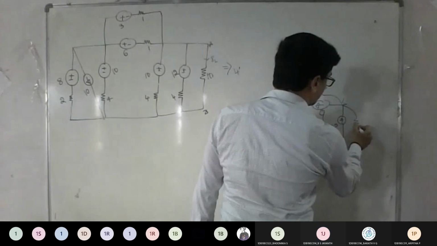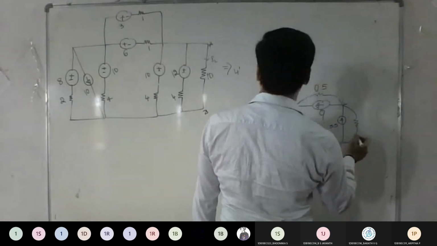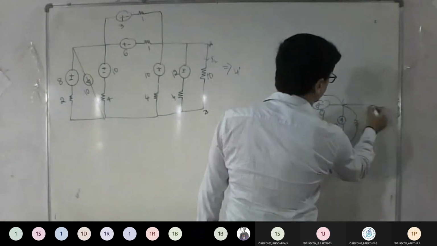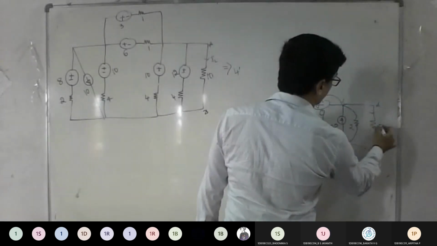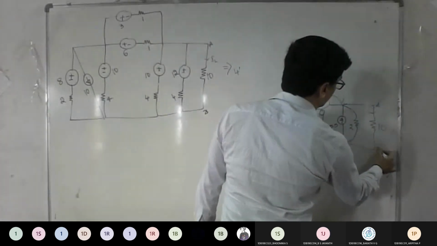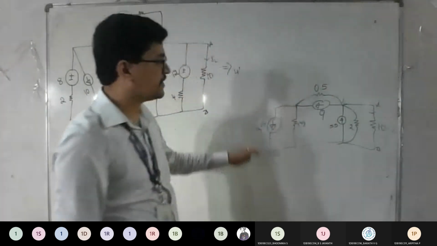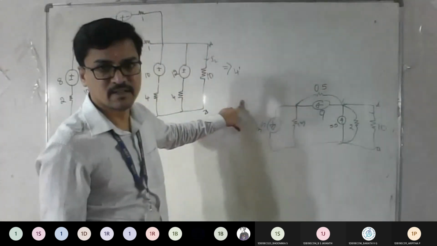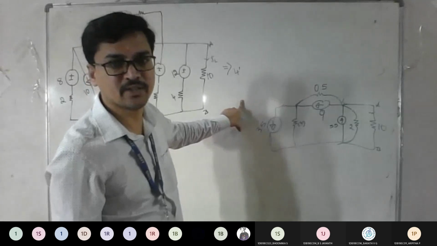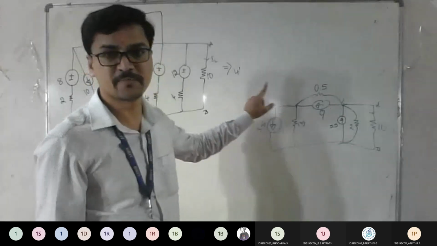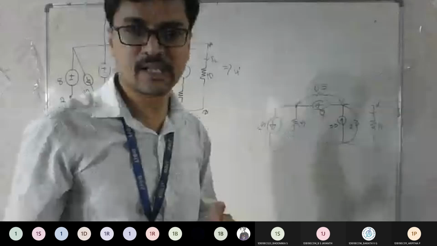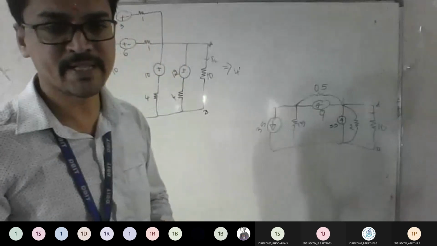What about the resistor value here? So 4 and 4. How much? 2, sir. 2. Good. So now look at here. This is how the circuit looks after doing everything in terms of current. You can make out the difference here from the previous problem. It looks lengthier, but the concept remains the same.